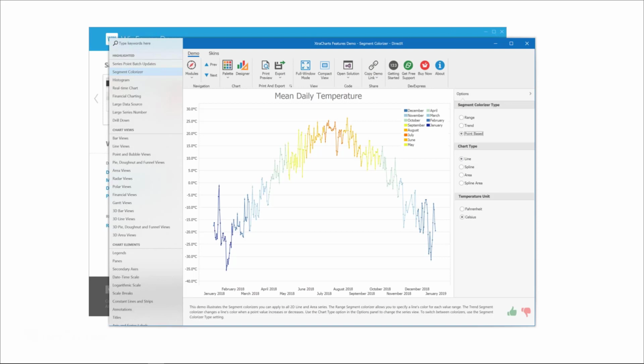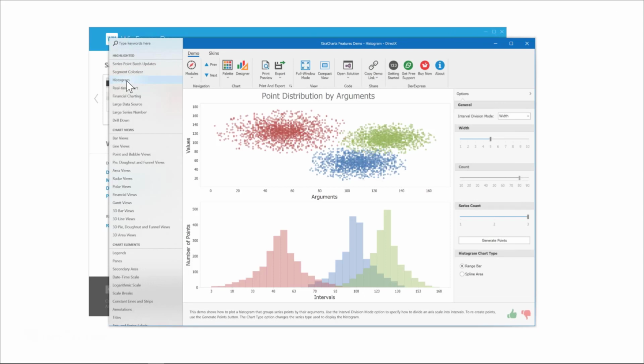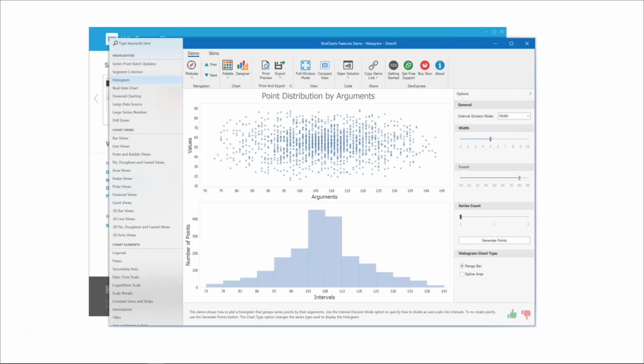Next up is a kind of fascinating one. It's the histogram. We now have the ability to generate histograms for you. So let me just reduce the number of series here. Everyone's going, well, it's been a long time since I learned all this stuff. What exactly is a histogram? It's basically a statistical way of viewing your data. Imagine the time,